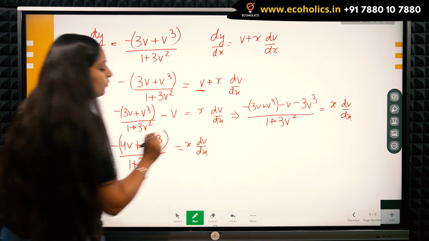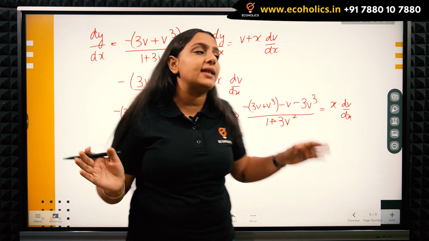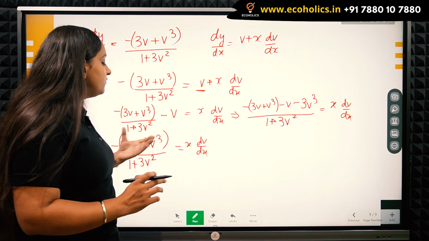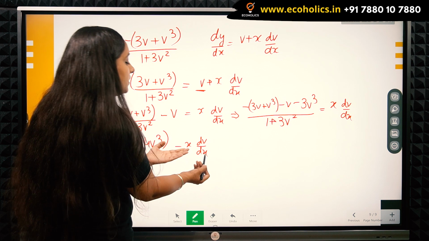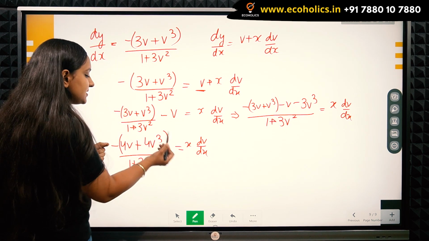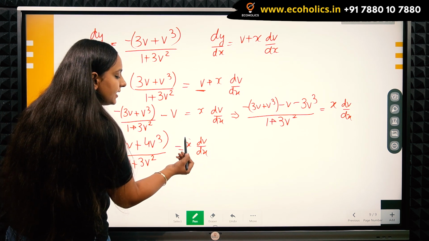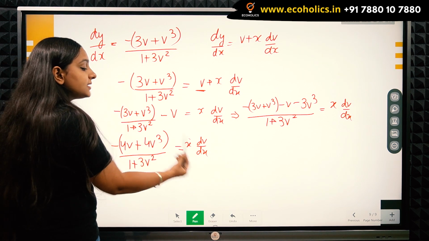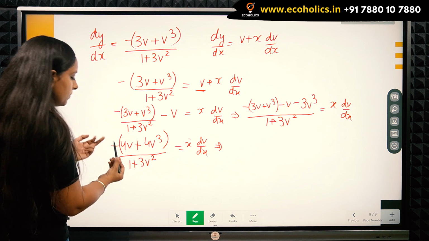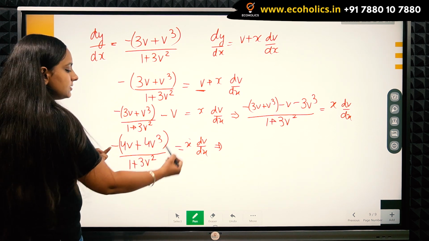So in the beginning, when I just separated the dy and dx to other sides, that's the same thing we have to do here. So I have to take dv with the v variable terms and I have to keep dx with my x variable term. So here I will just take this term to the other side along with dv, and x upon dx I will take here because I want dx and dv in the numerator. So this would give me what? So the minus sign would be retained. I would get 1 plus 3v square and this thing in the denominator.